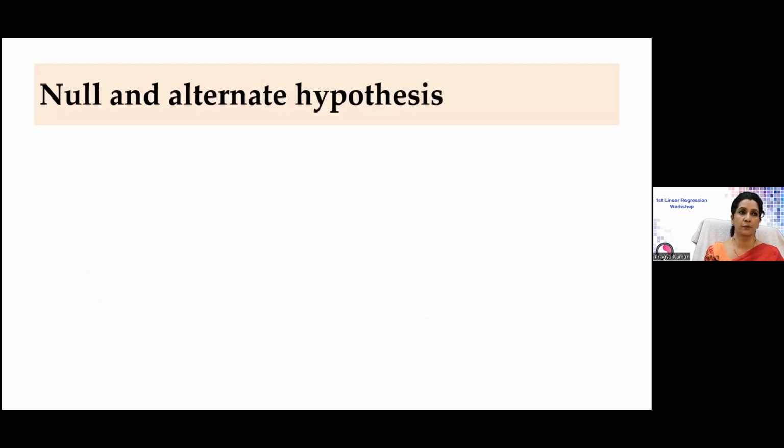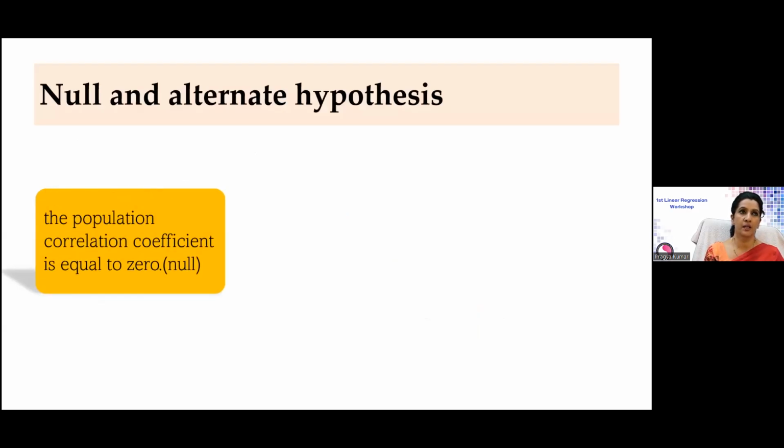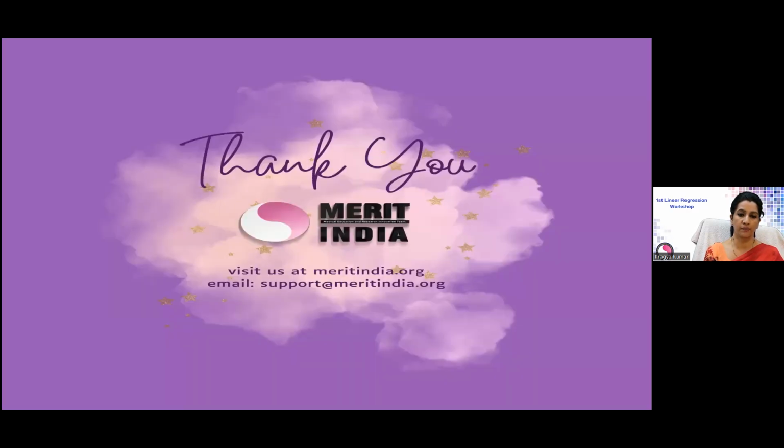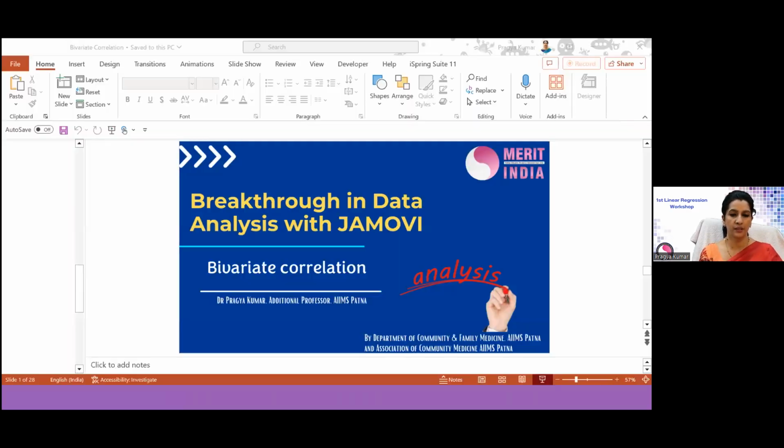So now coming to the null and alternate hypothesis. In case of a null hypothesis, we say that the population correlation coefficient is equal to 0. And in case of the alternate hypothesis, we say that the population correlation coefficient is not equal to 0. So this was regarding the